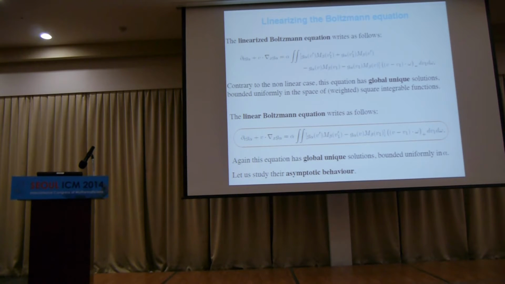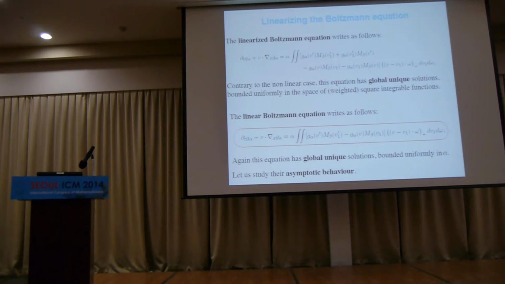Okay, but this is not a good framework for us for some reasons you probably will see later on. We want bounded solutions. We want solutions to be uniformly bounded in time. And so we're going to make this equation even simpler. This is very simple. It's a linear equation, but still too complicated for us. So we're going to remove, in those 4 terms, 2 of them. Which 2? Well, remember, when you have v primes here, you're creating a particle of velocity v.